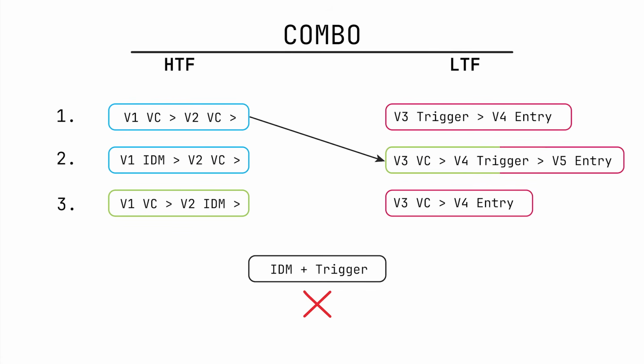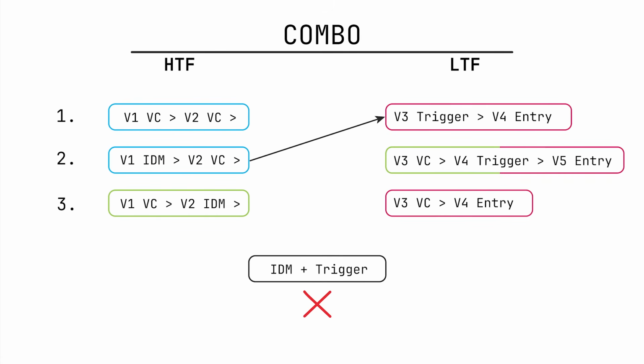Second combo, HTF1, LTF2. We look for this when we do not receive the first combo, meaning we do not find the trigger and need to receive volume confirmation again to confirm the volume in the market. Third combo, HTF1, LTF3. We look for this again when we do not receive the trigger in the second combo, requiring us to receive volume confirmation once more, but only from the order block or fair value gap from where we can enter a position.